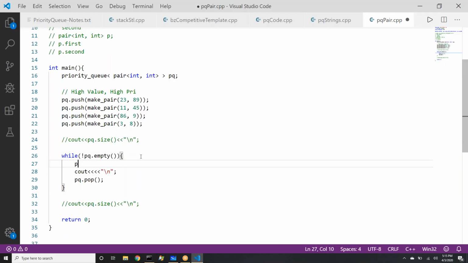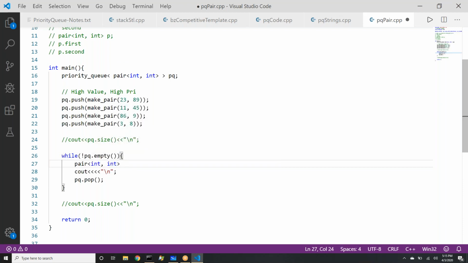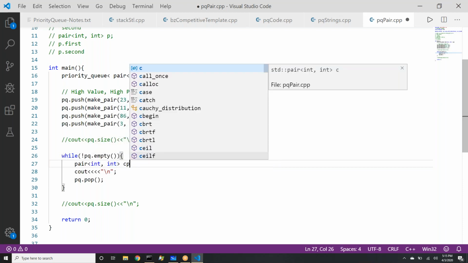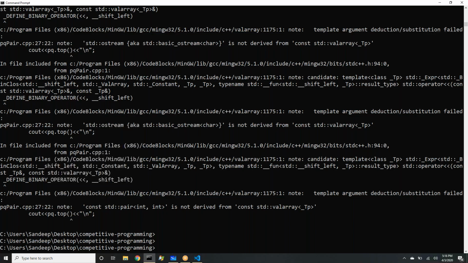So what we will do, we will take it in a pair variable, pair of int comma int, and we will say current pair is equal to top. So top will give us the pair, and when we are printing the pair, we will say current pair dot first, and we can do with space, we can do current pair dot second, right? So we are printing first and second, first and second. That's how the output will come.